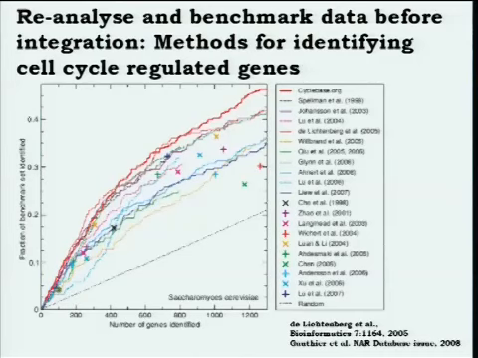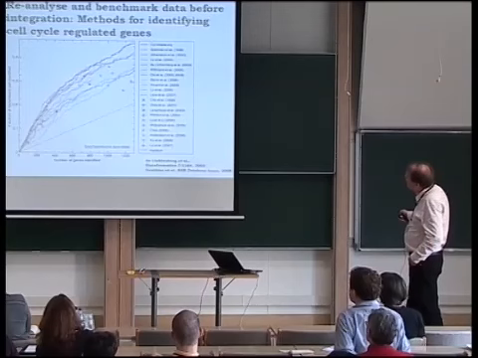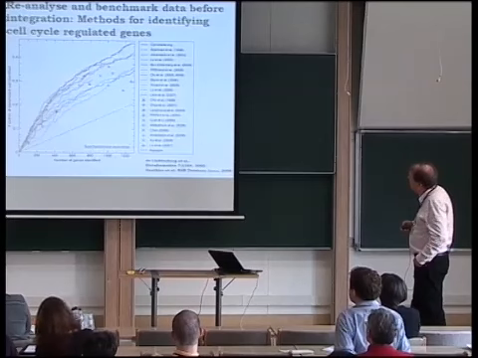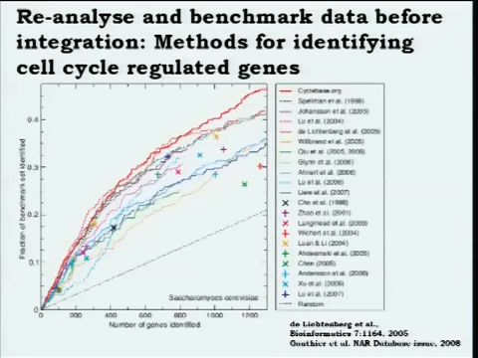And the line here corresponds to random. And you can see that many, especially of the newer methods here, it's hard to follow the colors here, are actually quite bad. While our new method here, from a very recent paper in Nucleic Acids Research, but also one of the older ones, one of the first ones, the one from the Spellman paper in 1998,